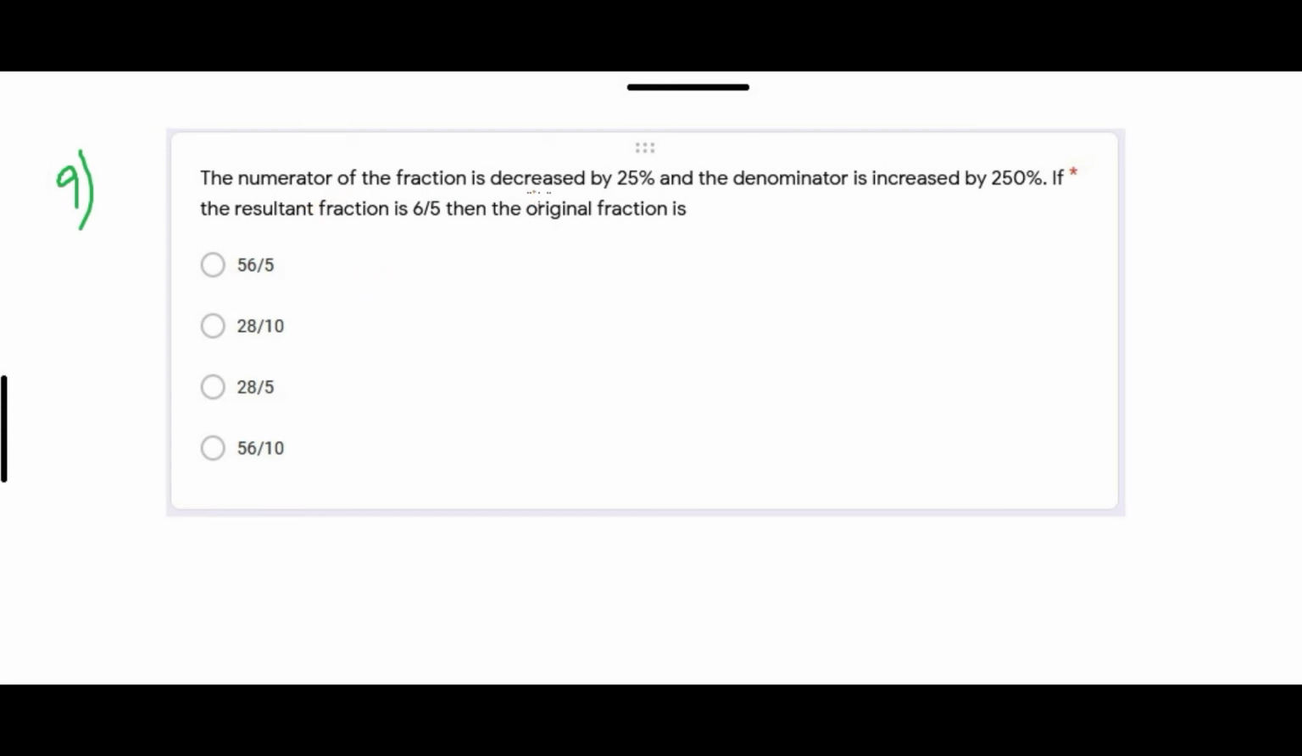The numerator of a fraction is decreased by 25%, and the denominator is increased by 250%. If the resultant fraction is 6 by 5, then the original fraction is? Okay, it's a very interesting question. So we have the original numerator and original denominator, but now the numerator is decreased by 25%. So 25% means 25 by 100 into n, but it is decreased by this, so it should be n minus 25 by 100 into n, divided by